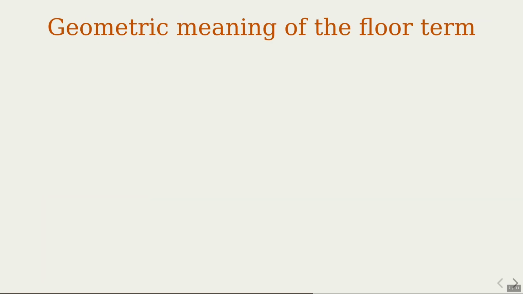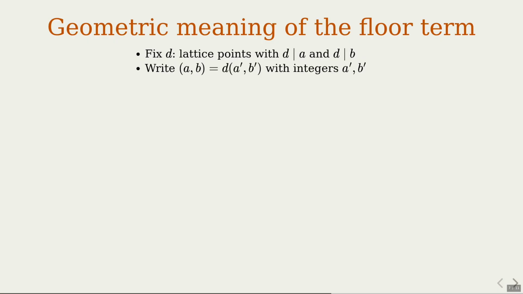Geometric meaning of the floor term. To build some intuition, imagine zooming in on the points where both coordinates are divisible by a fixed d. You can factor out d and think of them as a scaled copy of a smaller grid. Fixed d means lattice points where d divides a and d divides b. After factoring out d, the new coordinates a prime and b prime run from 1 up to floor of n